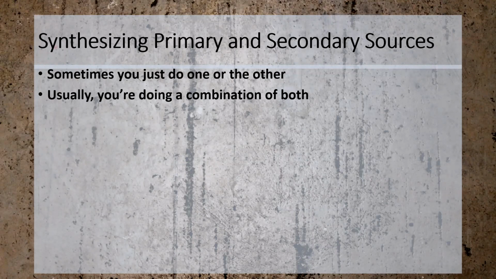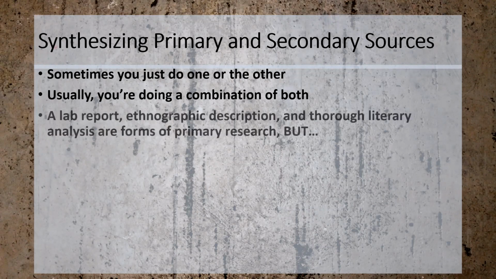You'll have a topic, you'll do some secondary research to help inform you and guide your work moving forward and guide your decisions as you do primary research. Again, scientists don't just go out and do a random experiment. They do an experiment based on existing secondary research, right? What other people have said and done. So they use that secondary research to guide the design of their own experiment. So they do some primary research, and then they may end up doing some more secondary research as well.